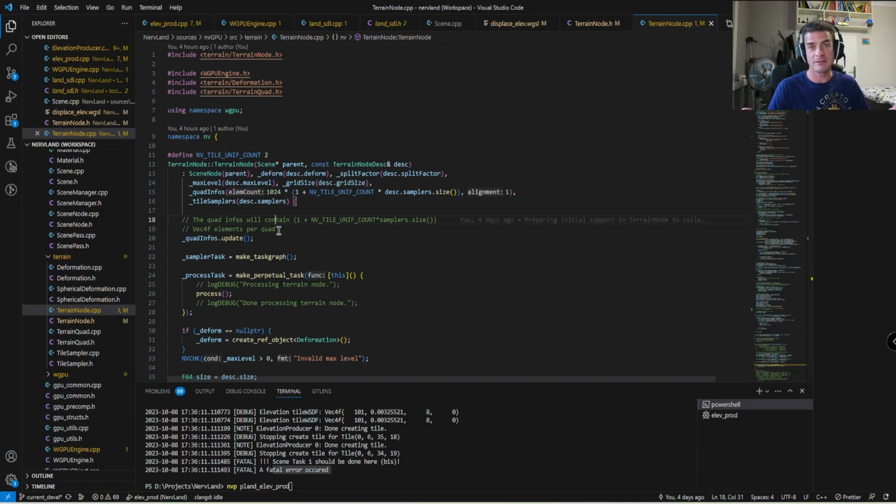if we just consider the elevation sampler, the only one we have here, this sampler is going to use a tile cache, which is a GPU tile cache, so it's using a texture 2D array to store all the elevation tiles that you want. And with the 2D array, you can only have 256 layers on a single texture. So if you want to have more than 256 tiles, you, for instance, could need 2 textures, so maybe even 3 or 4. So, and when it's time to render your terrain,